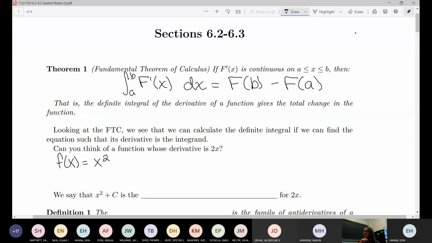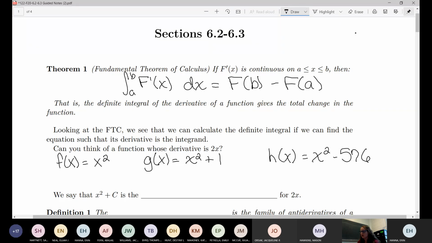So if I try to think of another one, what if we said x squared plus 1? If you take the derivative of that, you get 2x. What if I said x squared minus 576? The derivative of that is 2x. Essentially, I could tack on absolutely any constant at the back of that, and the derivative would still be 2x. So if I want a function whose derivative is 2x, it can be x squared plus